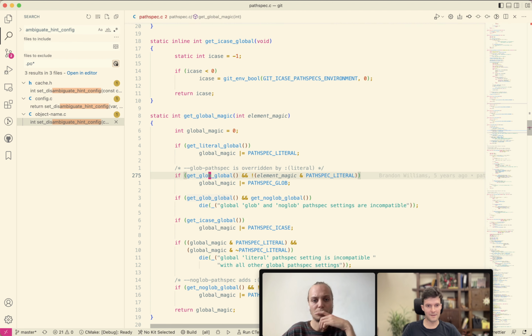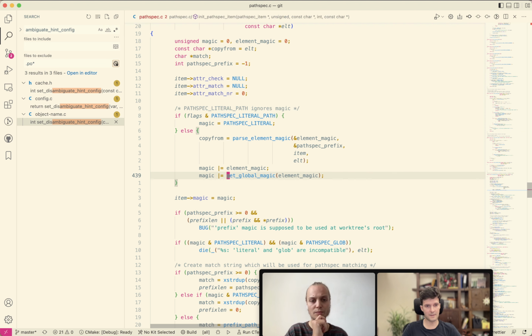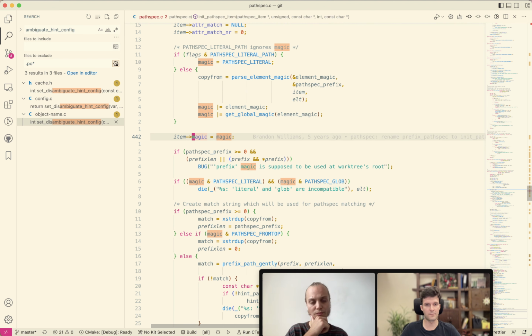But we can't have side effects. You can't read environment variables. You can't access git config. It's a pure function, and that's what it has to stay. Thus, global stuff goes elsewhere. Think about it like this: it's just some bit flags that are ORed on top of the parse magic, before the magic is used for matching, I presume, because matching is what ultimately should be done with a path